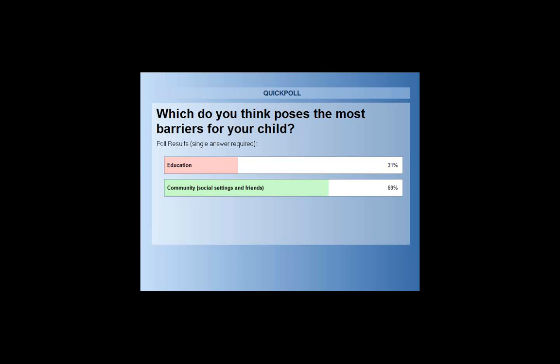And for those that have said education, I think maybe there's an aspect that it's more fundamentally important to access education in the first instance, because every child needs to be able to get to school and learn the right things to be able to progress, and then whether that's to continually progress as an individual to where they should go, and then hopefully in the long run end up with maybe uni or maybe employment, whatever it might be. Education is the most fundamental, and there are definitely a lot of barriers there,